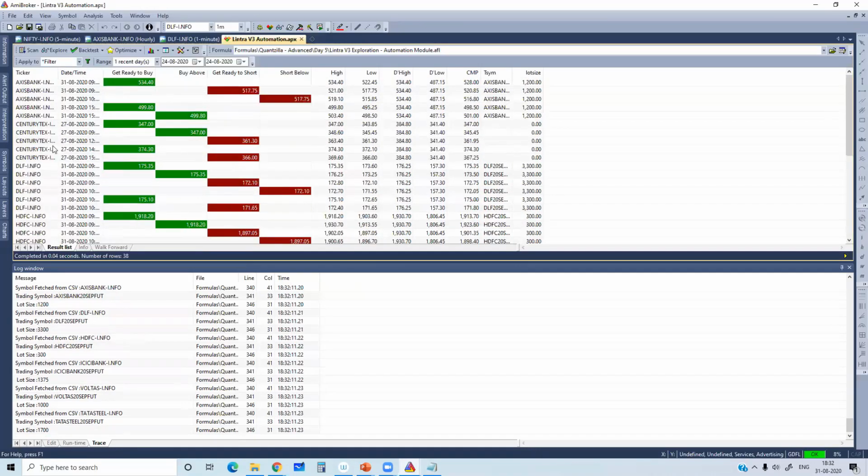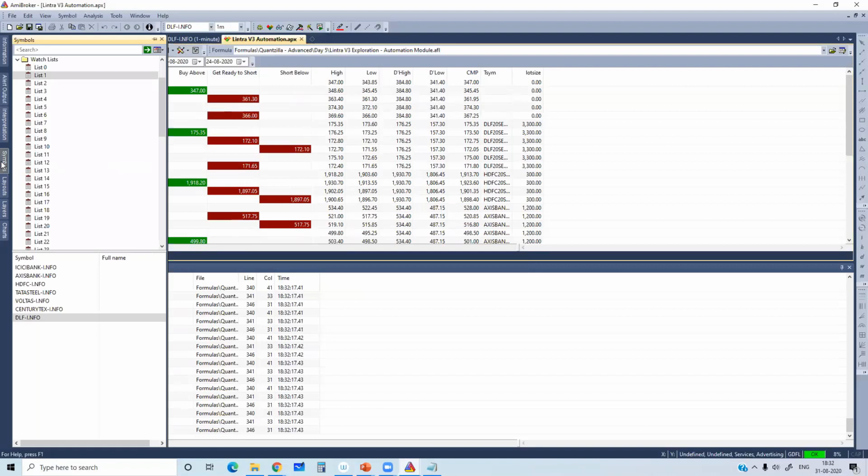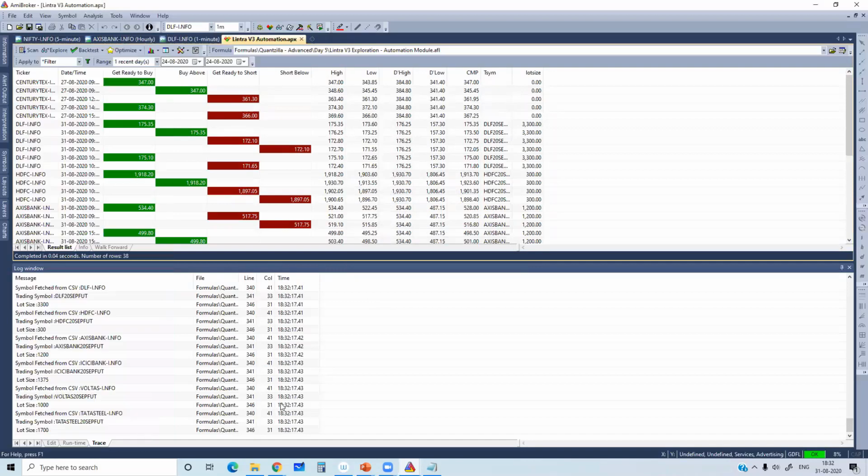Only Century Textiles. If it is no more, stop the auto repeat, go to the watch list, symbol, and remove the Century Textile. Because Century Textile probably is no more in the filter.